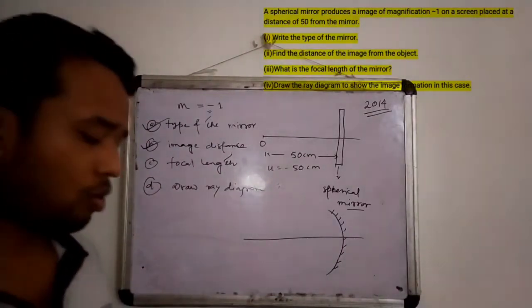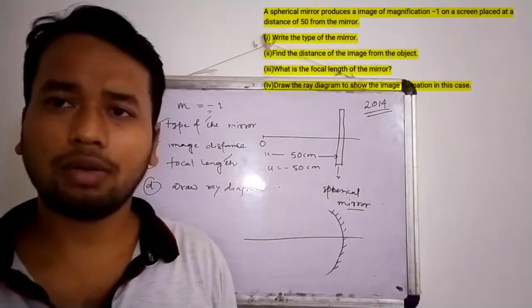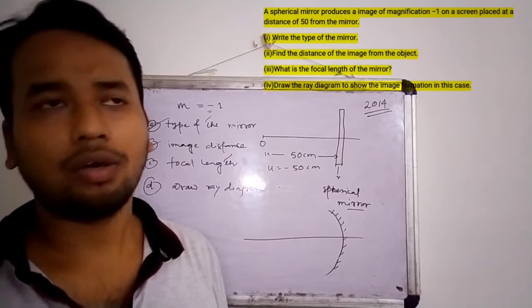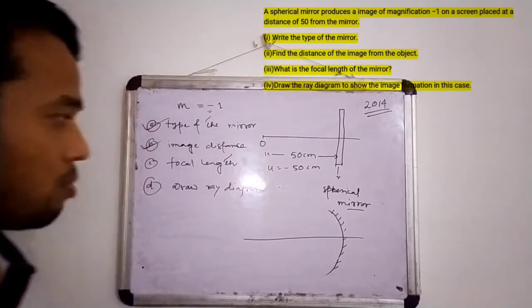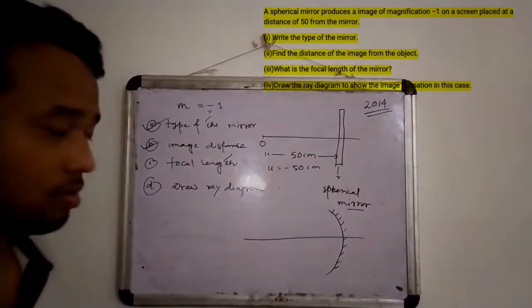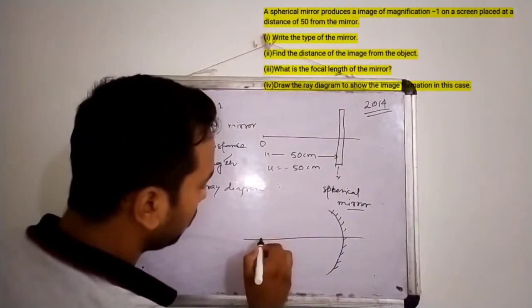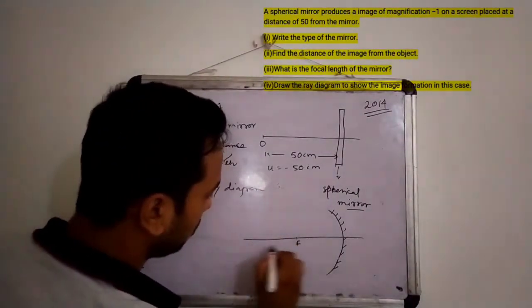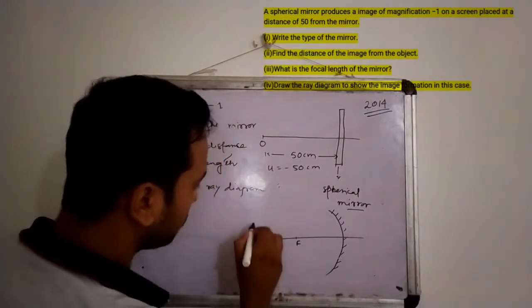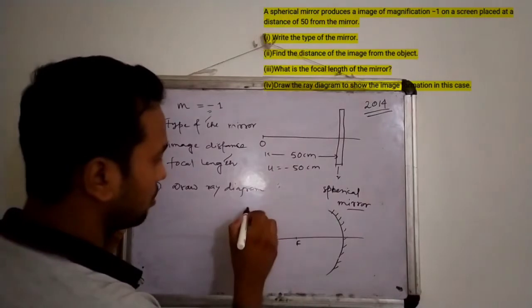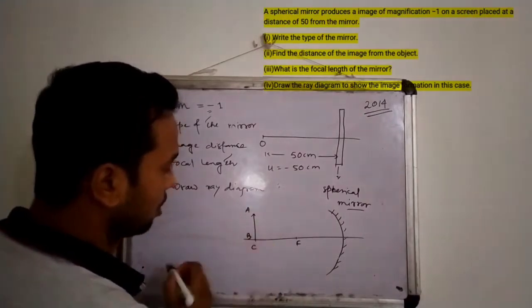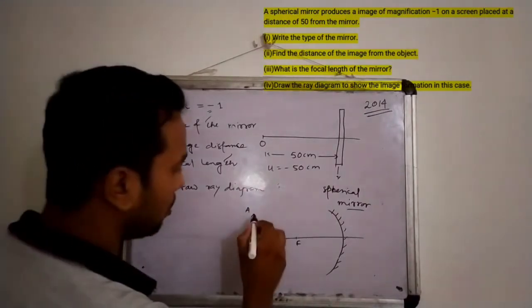So in a concave mirror there is only one condition where we can get object distance equal to image distance. That means object and image coincide. So this only happens when we place the object at the center of curvature. Okay, this is the object. If we place it at the center of curvature,